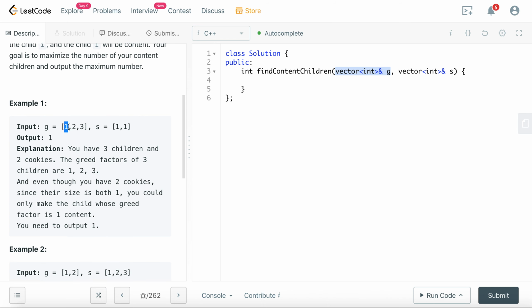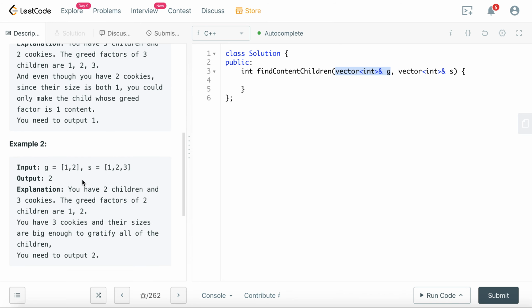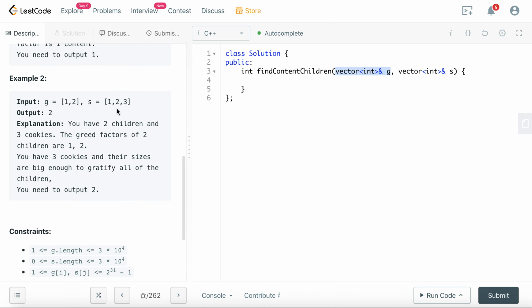For example, if I have three children with greed factors 1, 2, 3, and I only have two cookies with sizes both 1, I can only make one child satisfied, so we output 1. And if the children have greed factors 1, 2, and I have 3 cookies, I can make both of them satisfied. So after we figure out the input and output,